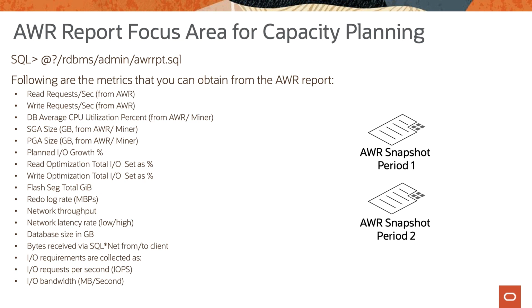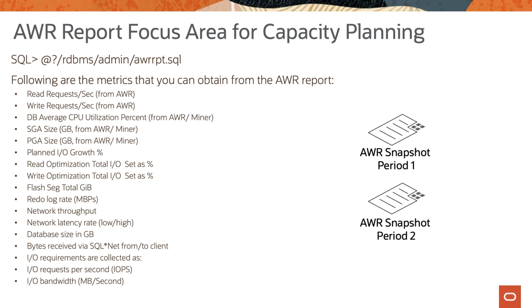There you have awrrpt.sql, and when you run it, you will be able to see various parameters or metrics such as read requests, write requests, database average CPU utilization, SGA size, PGA size, planned IO growth percentage, any read optimization you have considering what kind of storage media is behind the scenes, or any write optimization because of flash, and even redo log rates per second, network throughput, network latency rates, database size,